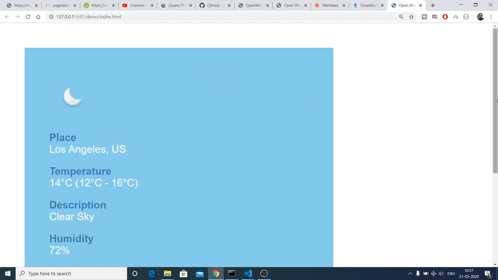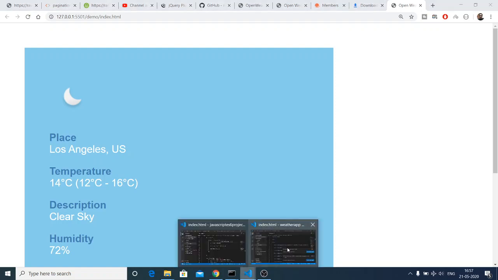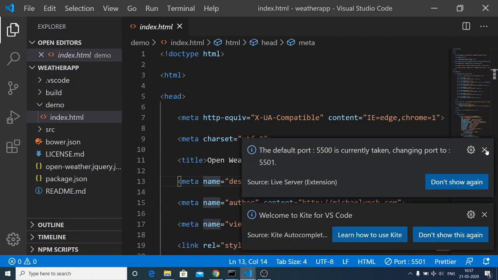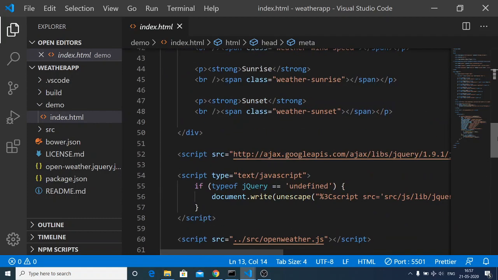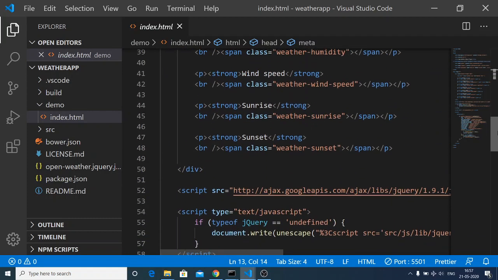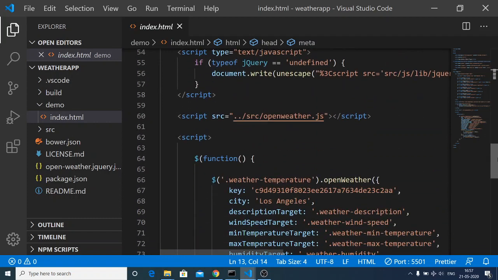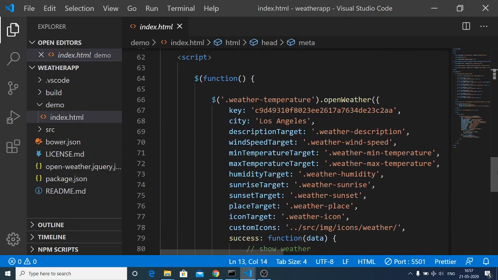This will be the default application that will be shown to you. Here you can change the state name, so the state name will be static. If you scroll down here, you will see that all the dependencies are pre-built for you. Here this is the Open Weather jQuery plugin, and it takes some options. You can see that this is the API key. You can use their API key also, but I will copy and paste mine here. So just change this to my API key.